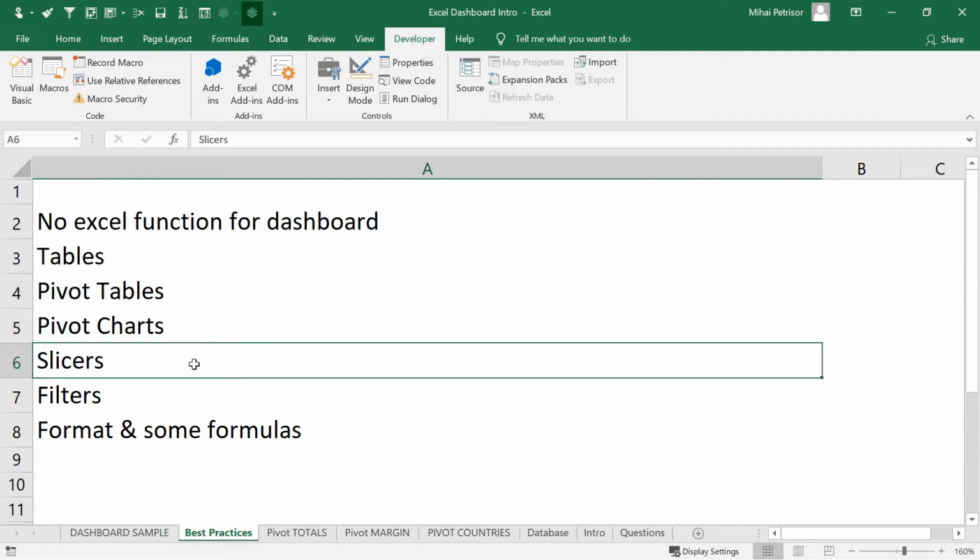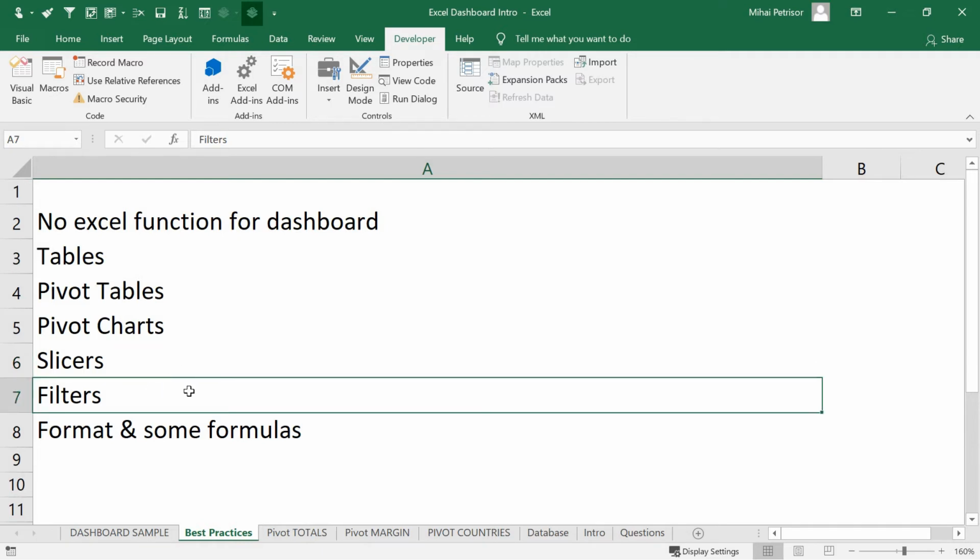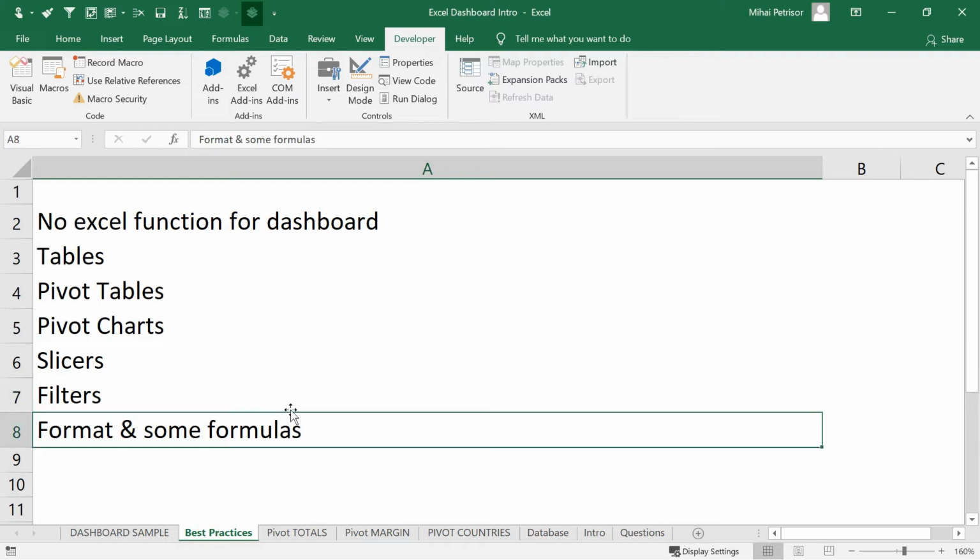Also, after that, you can use slicers or even filters in your tables or pivot tables. And finally, it's very important to create your format and to use some formulas like sum or sum if, depends on your needs.